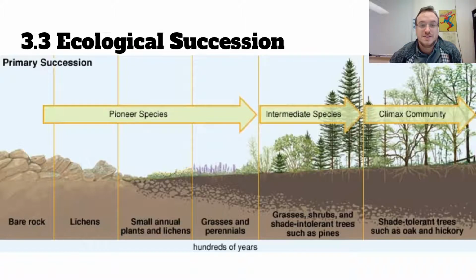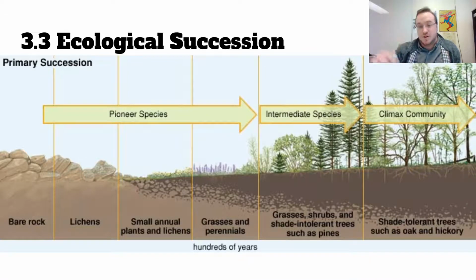Notice on this chart slash graph, it's one of those graphical models that's between the two. You can see the depth of dirt changes and increases as time progresses, and that the roots of the plants that live there can go deeper and deeper and spread wider to get those nutrients that are in the dirt.